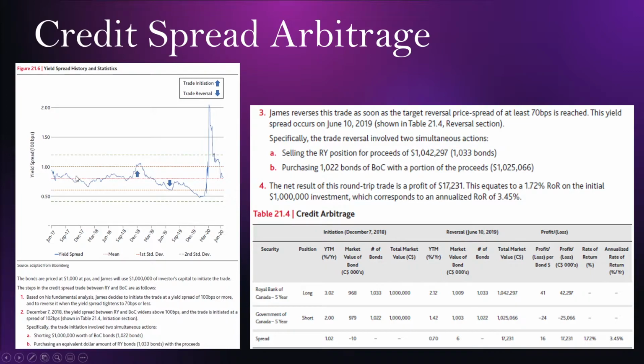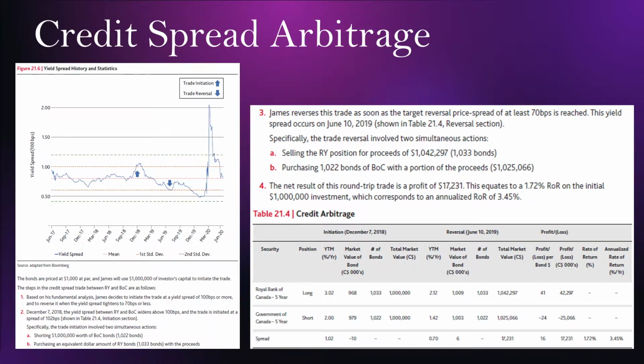So for this one, the mean is right around, let's say, 0.8. And the standard deviation above is 1. And you can see that the price spread reaches that. And that's where we initiated the trade. So to start, we decided to initiate it when it reached that 100 basis point or more spread. And then we decided we wanted to reverse it when it reached that one standard deviation below, which was the 70 basis point spread. So we're going to start by shorting the $1 million worth of Bank of Canada bonds,